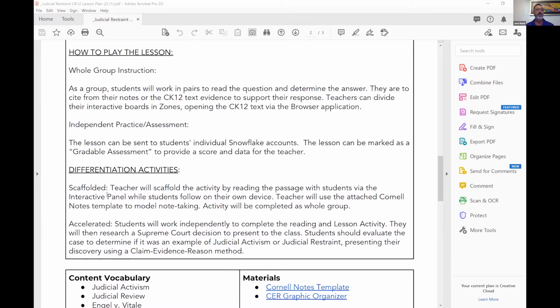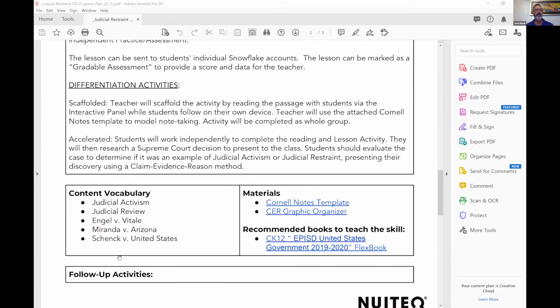So if you have students that are struggling or a little far behind, we tell you how to use scaffolded materials. And for those students that are advanced, what to do to accelerate the lesson. We tell you all the vocabulary that is needed in the new lessons that we're teaching. And we actually give links to other activities that are other supporting materials that we built. So a graphic organizer, a note-taking template. Here we've actually linked to an open source textbook that covers the material,